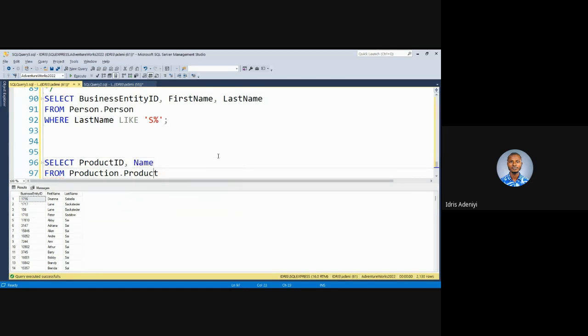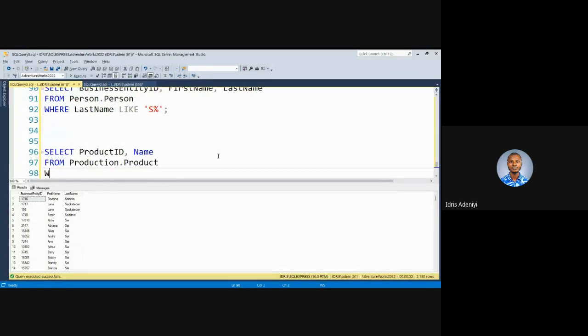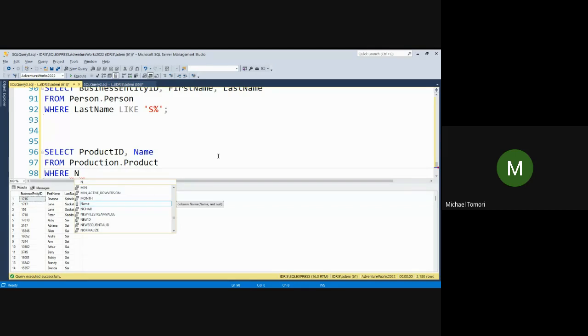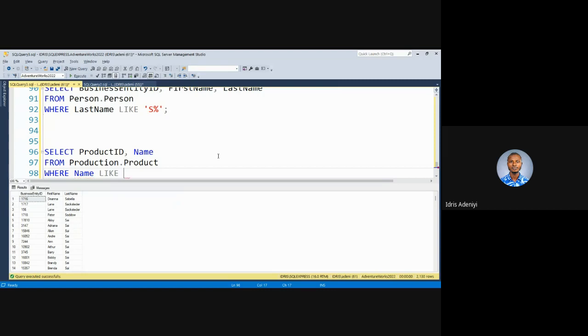Now I'll say where the name of the product is LIKE bike. What I want is a situation where the name of the product contains this data,